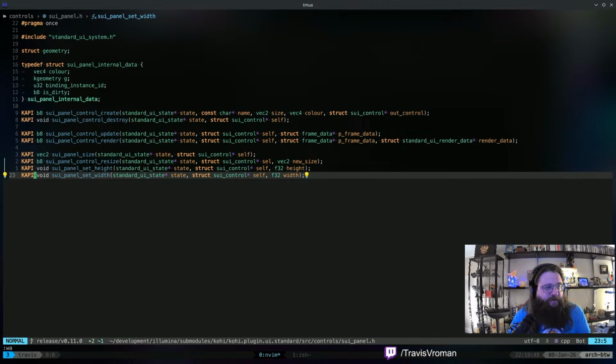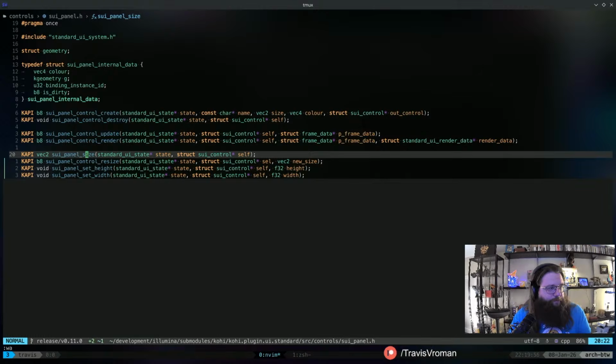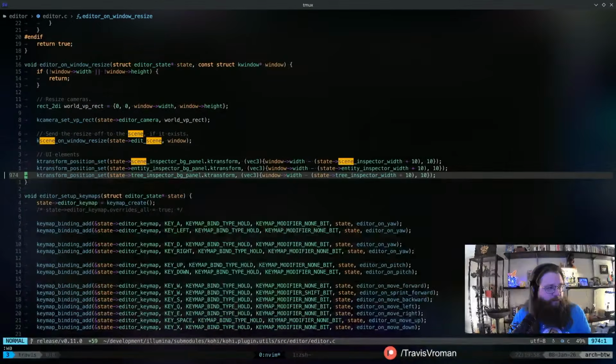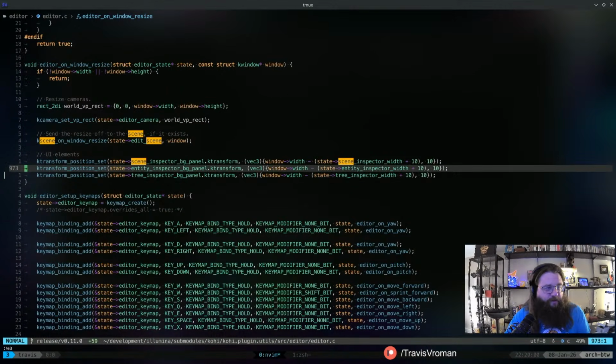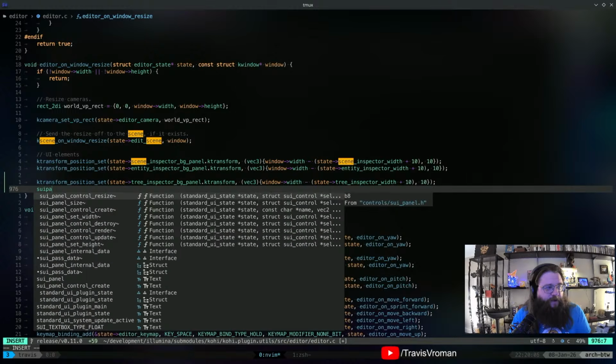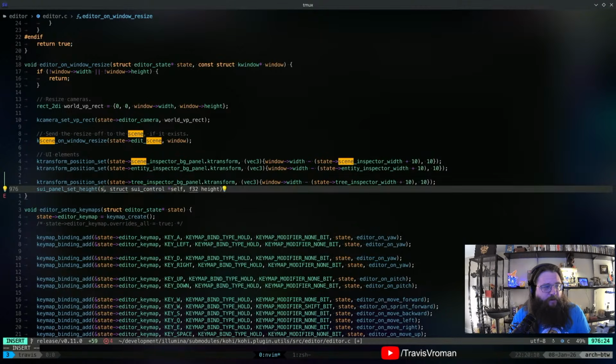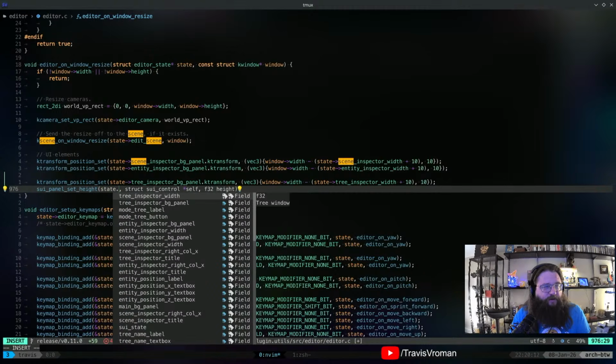Okay, so SUI panel set height is what we're going to want to use here. So when we do this, we are also going to set the height. So we'll say SUI panel set height.